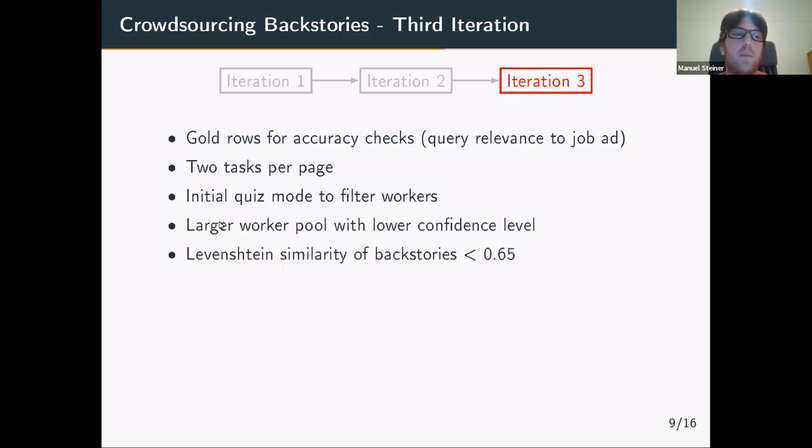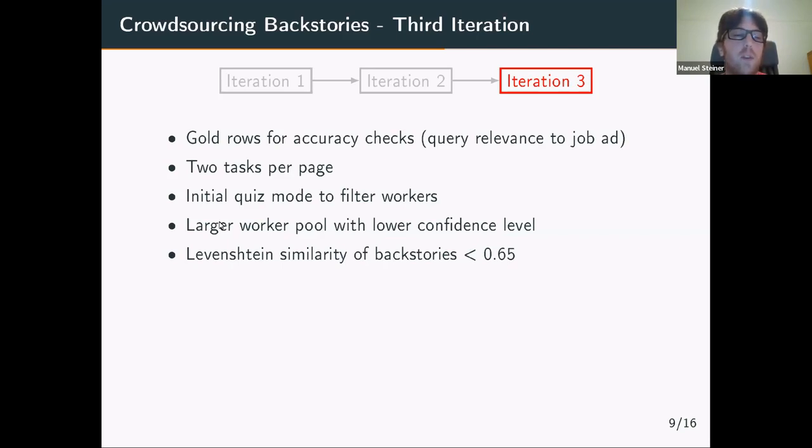Due to this accuracy checking now being in place, we could also enable a larger worker pool with lower confidence level. And since we have 2 tasks on a single page, we can compare the 2 backstories on a single page to make sure that they are